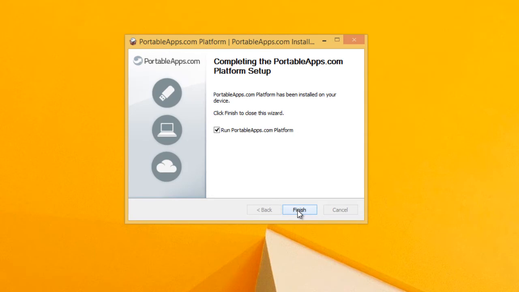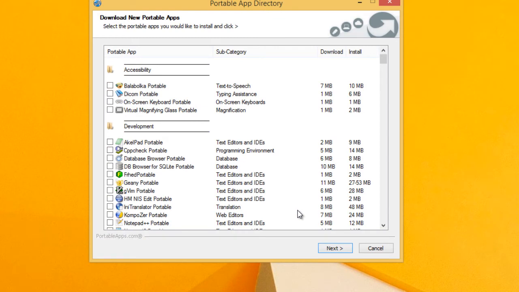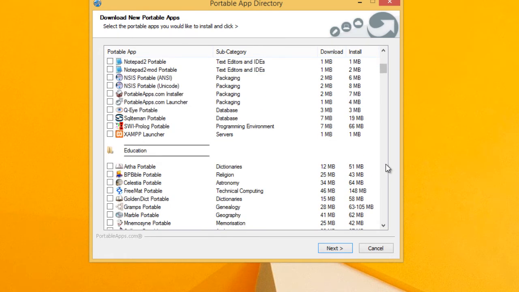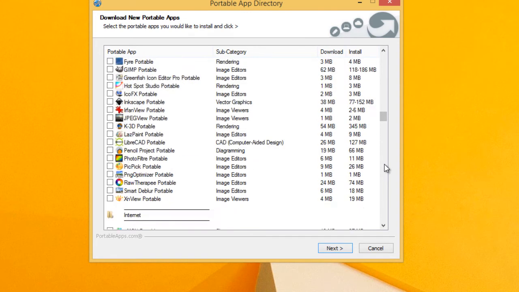Okay, so now we can just click finish, and this will automatically run our portableapps.com platform. Now what you'll notice it does is it starts to search for all available portable apps, and eventually it will give you a list segregated into section headings. So as you can see here, we've got accessibility, development applications, educational applications, games, graphics and pictures,